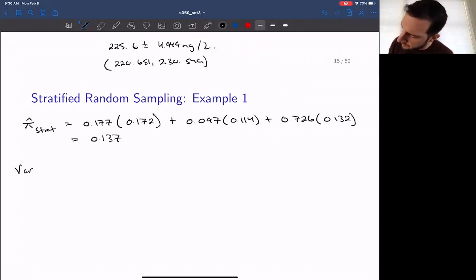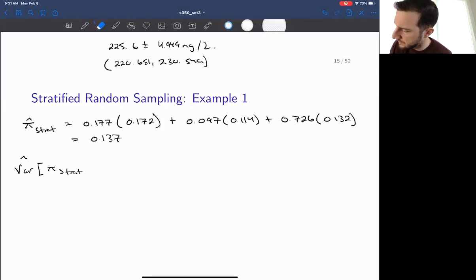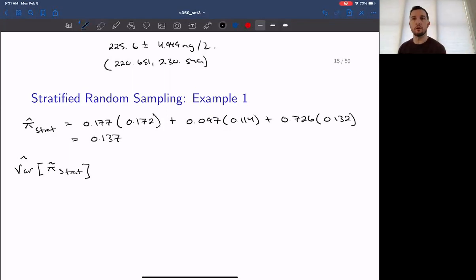Now, if we want to compute the variance of, this would actually be a tilde. If we want to estimate the variance of our proportion estimator, we're going to have basically the exact same thing that we had for the proportion estimator in the case of SRS, but we're weighting across each of the different strata. And because of how the variance operator works, we have to square the term. So we're going to have something that looks like this. We'll have 0.177 squared